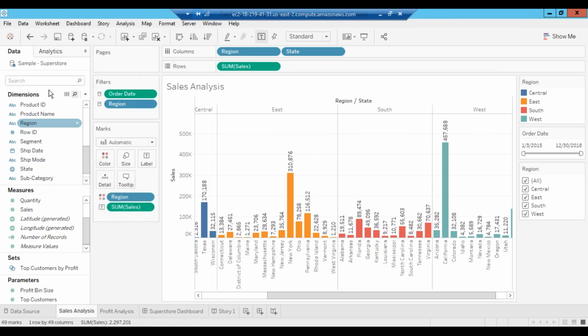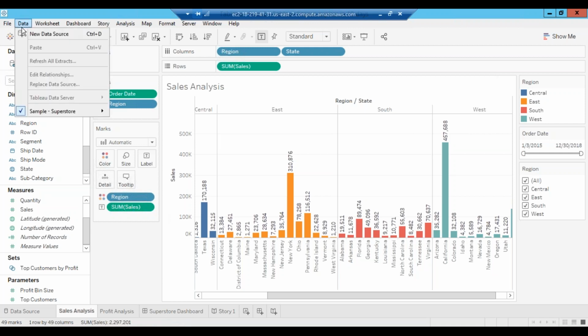Now under this you have your columns. Now we start with the small things. This is your data source on the top. This is your primary data source which is coming in green color. Can you see this? If I go to Data, I have options. New data source. I want to add a new data source.